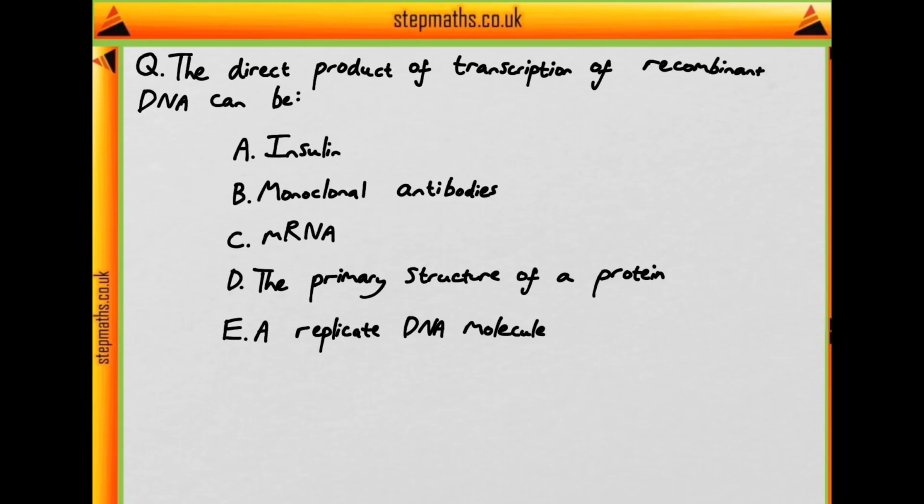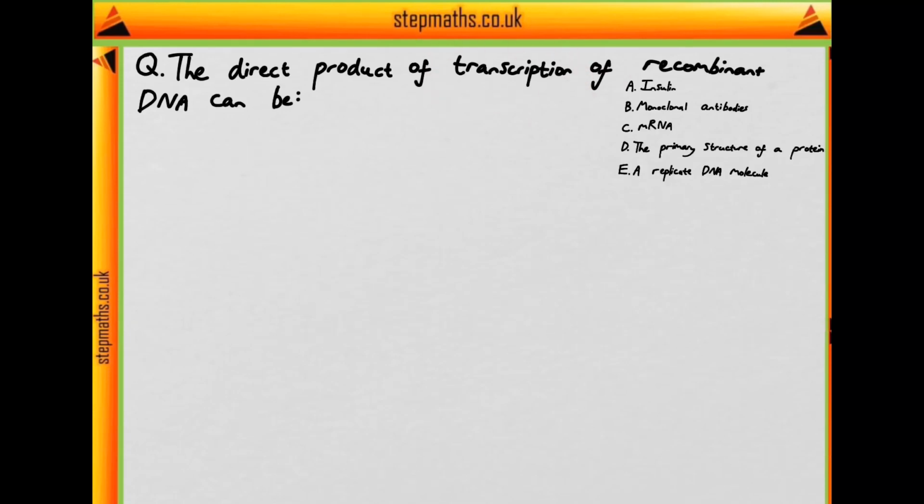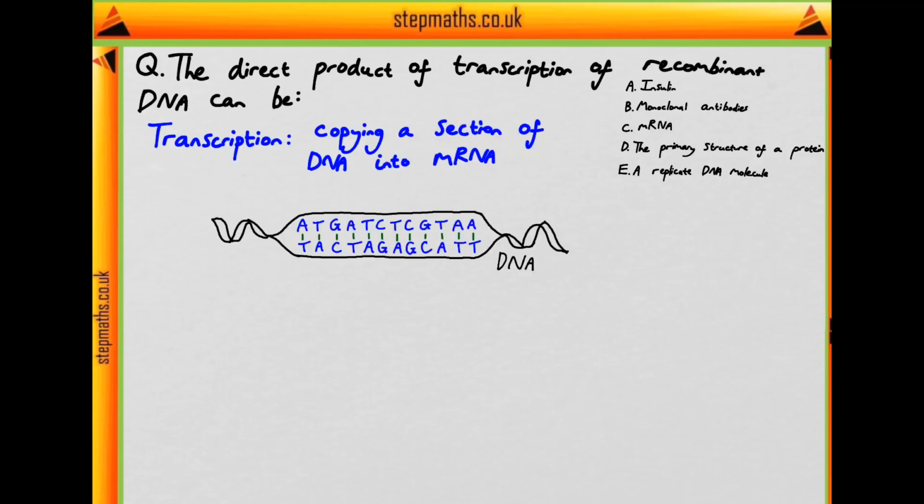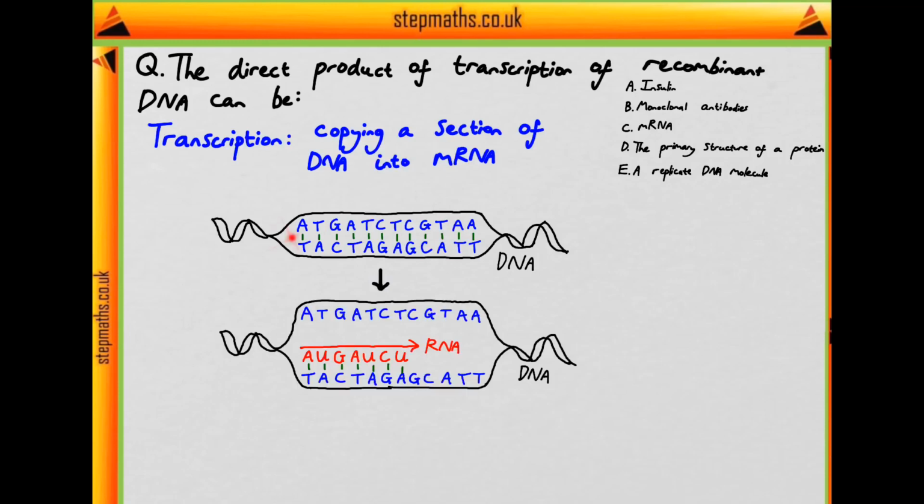First things first, let's make sure we actually know what transcription is. Transcription is the process of copying a section of DNA, this section being called a gene, into mRNA. Below I've drawn a diagram of this. Firstly, we have our DNA here, with the DNA bases drawn in blue and the green dashes between them being hydrogen bonds. Then, DNA helicase breaks these hydrogen bonds to allow the DNA strand to separate, and then a new